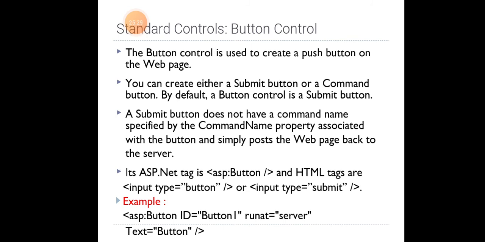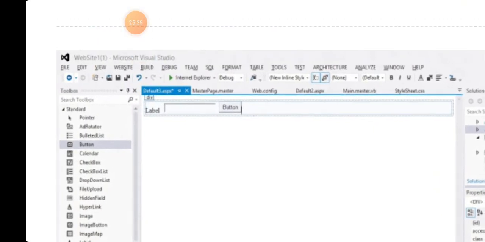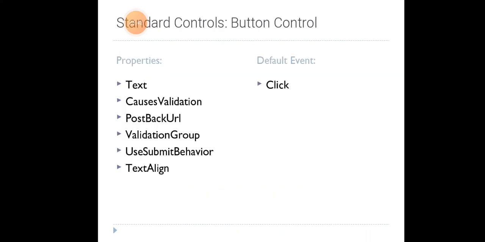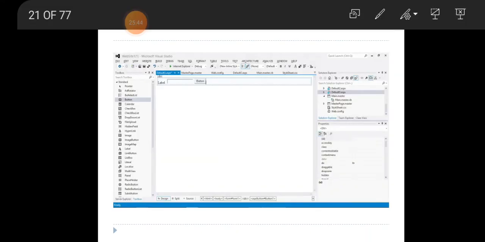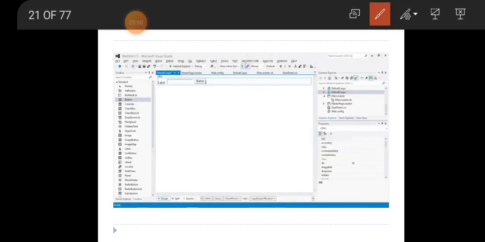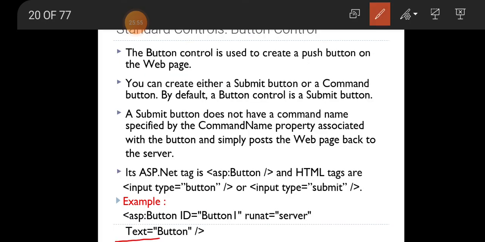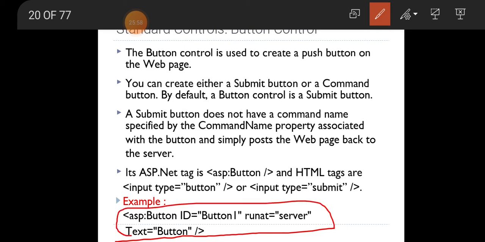Next, it has the tag asp:Button and the HTML tags are input type equal to button or input type equal to submit. While we add the button in the web page, here I add the button, it will automatically create the source code as asp:Button ID equal to Button1, runat equal to server, Text equal to Button.